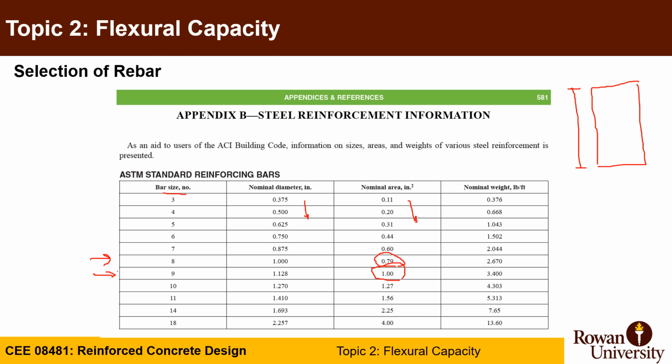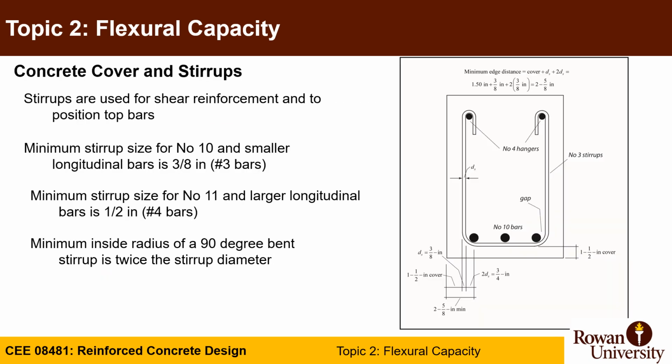Don't forget to calculate to get the nominal area from this table. It's just a very easy way to calculate it based on ACI. As we mentioned a couple of slides ago, we were able to get the overall depth H. However,